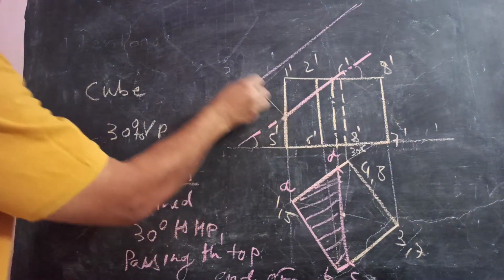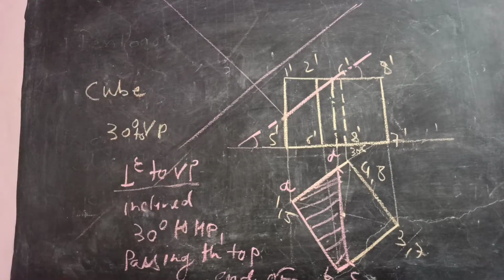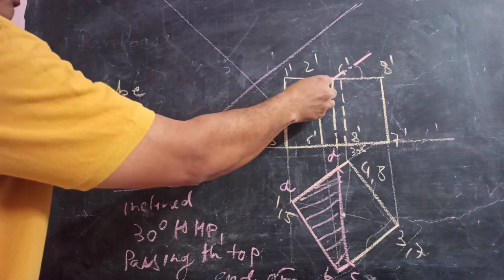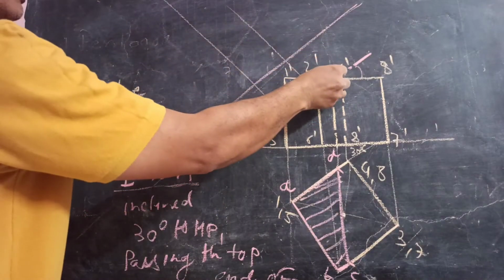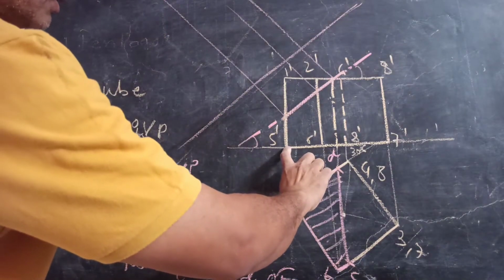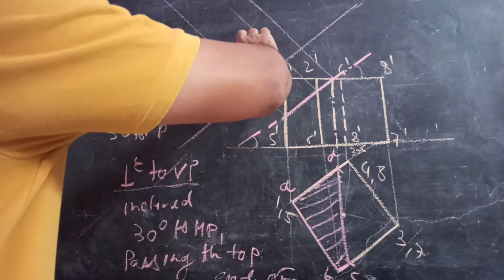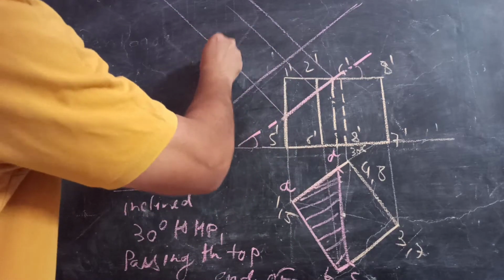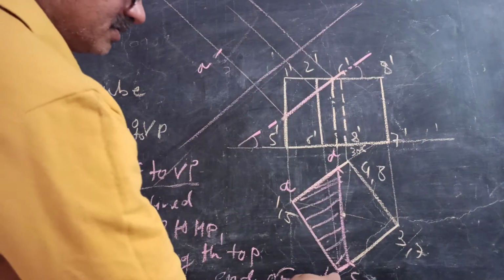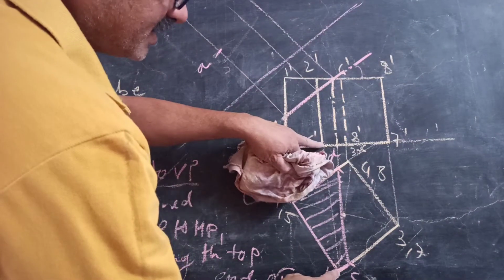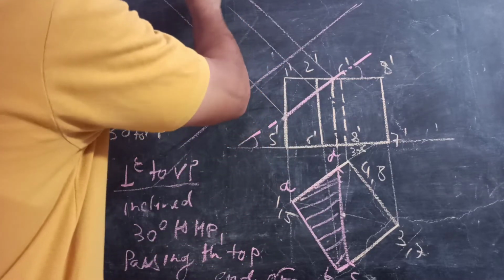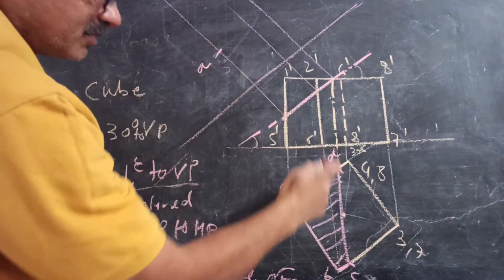Project this 90 degrees. Project this and project this. So you can find this is the point A which is on this projector. So A will be here. Then on this projector it is this B. So B is at this much distance. So you can mark this B somewhere else here. This distance will be equal to this.